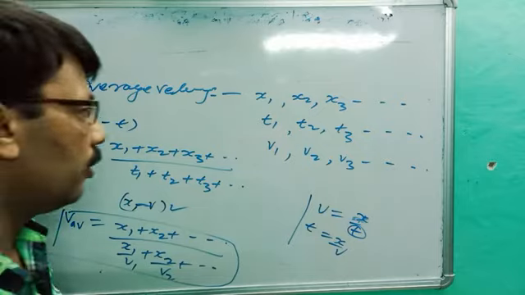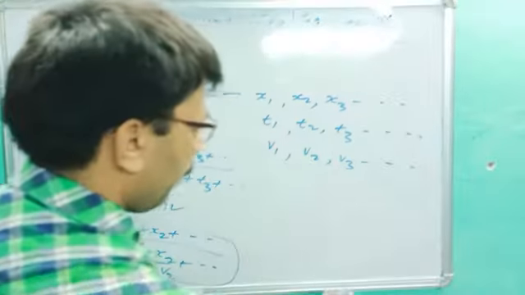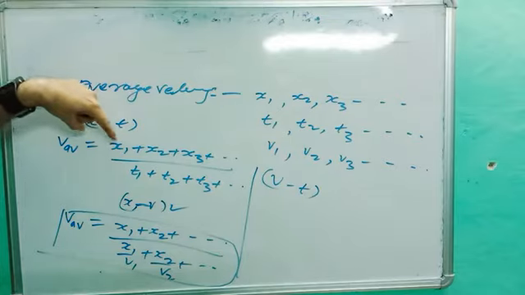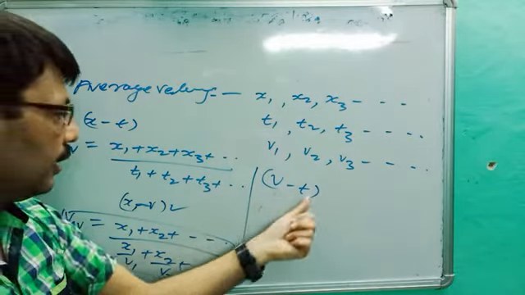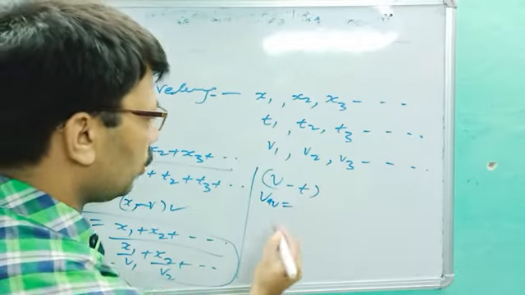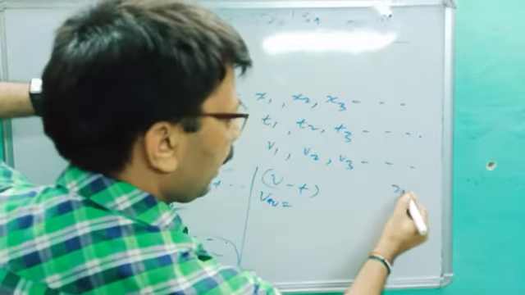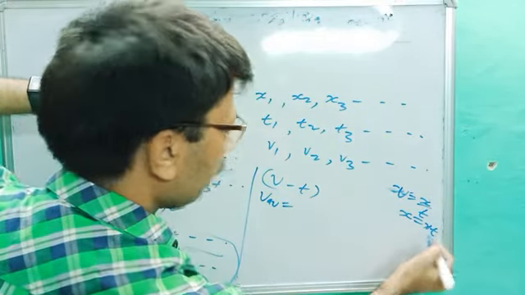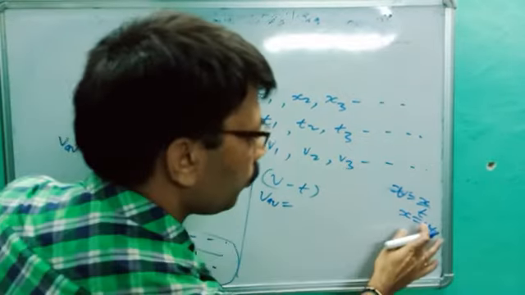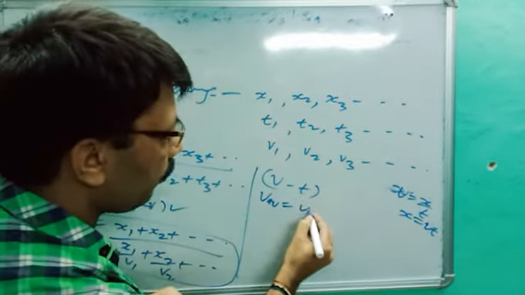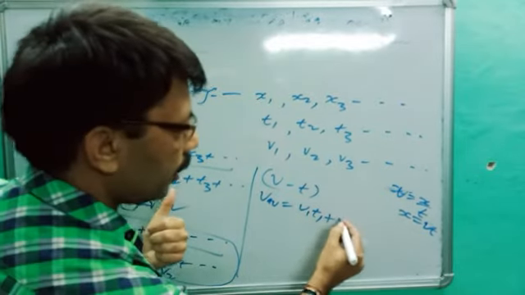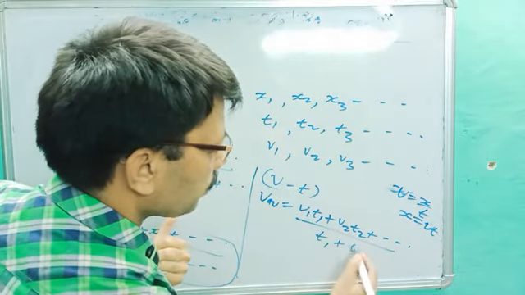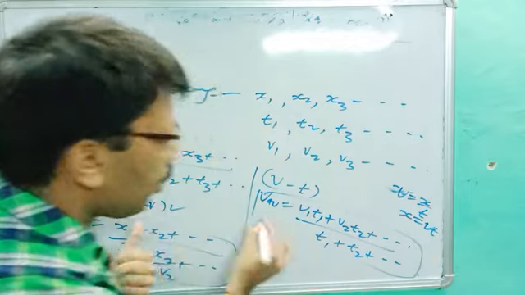Many numericals are given in your NCERT. Okay. Let's suppose in a question only v and t are given. The formula is displacement upon time. If only v and t are given, you have to find v average, so what is the value of x? Rough work: v is equal to x upon t, so x is equal to vt. We need x1, x2 here, so x is converted into velocity times time. So v average is equal to v1 t1, which is the value of x1, plus v2 t2 plus so on, divided by t1 plus t2 plus so on. This is the other formula of average velocity.